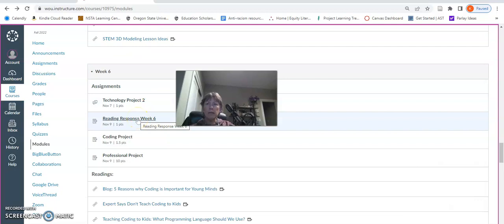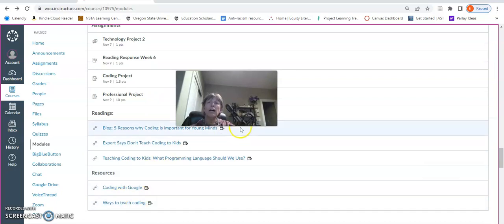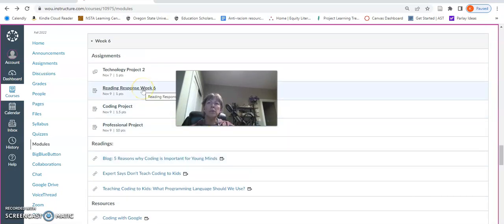You have a reading response this week. This is about coding. Many of you talked about coding in your 3D modeling activities. And so this week is specific to coding programs and projects. And so I have you looking at some resources. What do the experts say about coding in kids? Some resources to look at, and then you're going to do a response to the questions in the reading